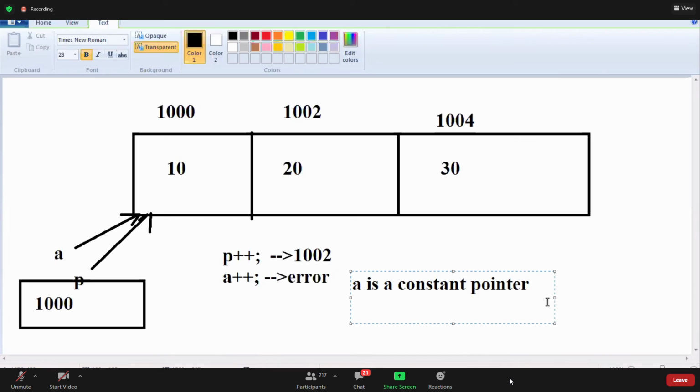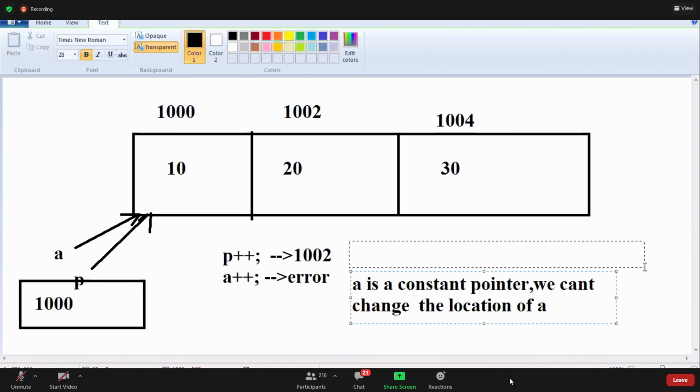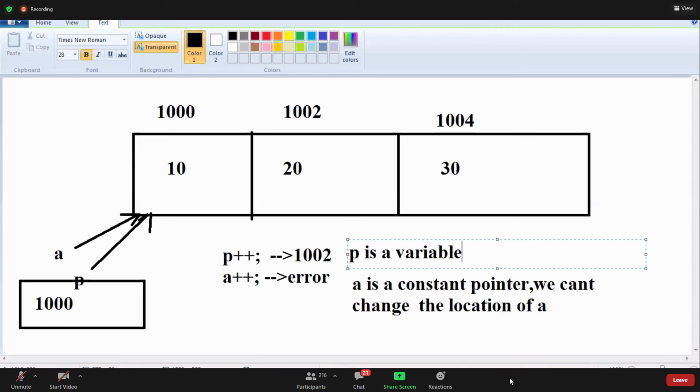We can't change the location of A. P is a variable pointer. We can change the location of P.